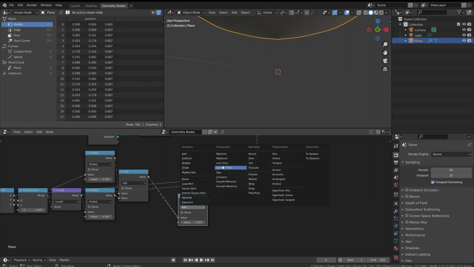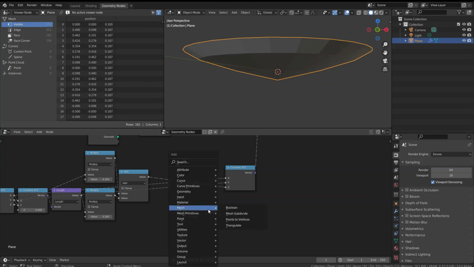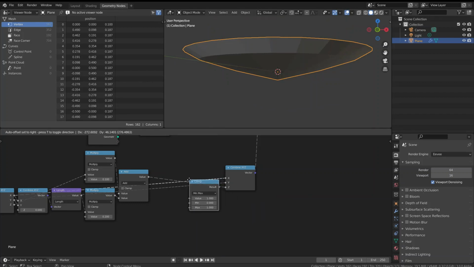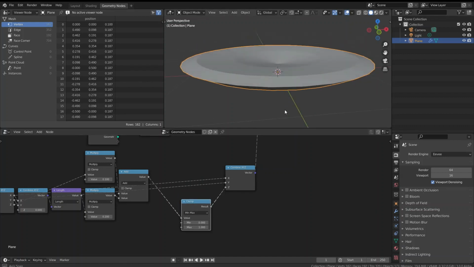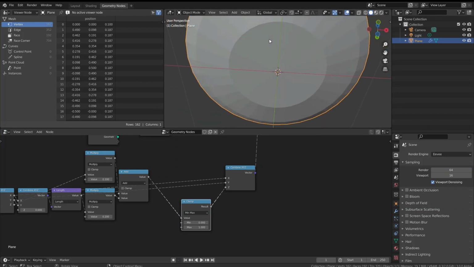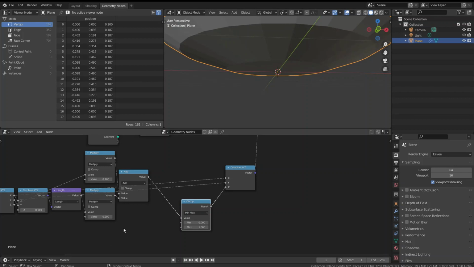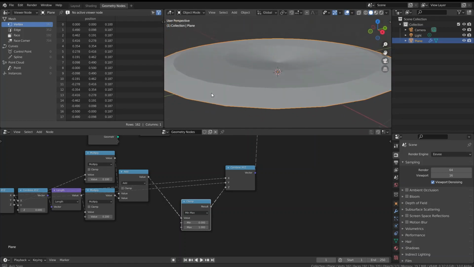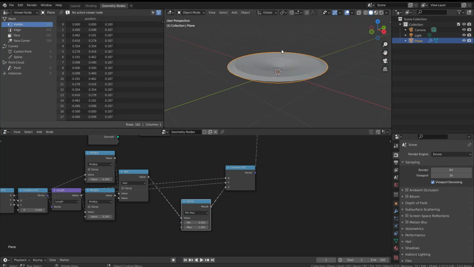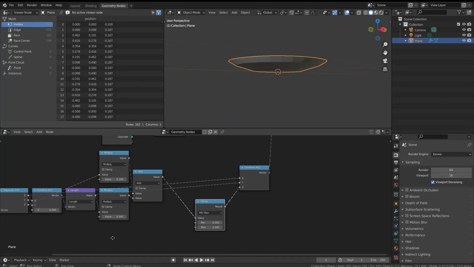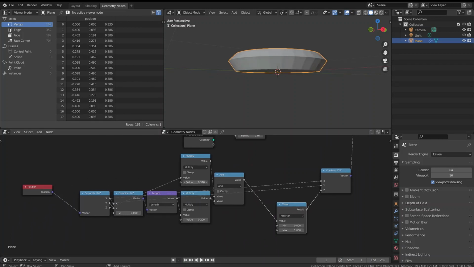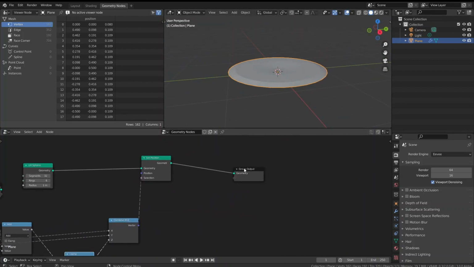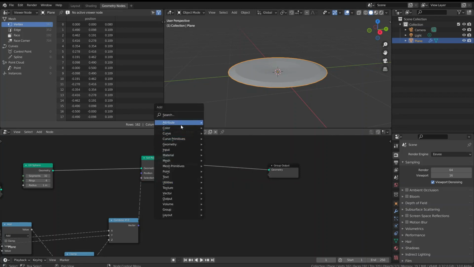Clamp, if I can find it. Oh wait, maybe it's not. Yeah, it's not a math node. There we go. So we want the minimum to be 0, so that way it's always flat at the bottom here. And then I guess for the top it doesn't really matter. So now we can change some of these, so this will make it thinner. So I guess this is an okay plate, and I think there's a subdivision surface,